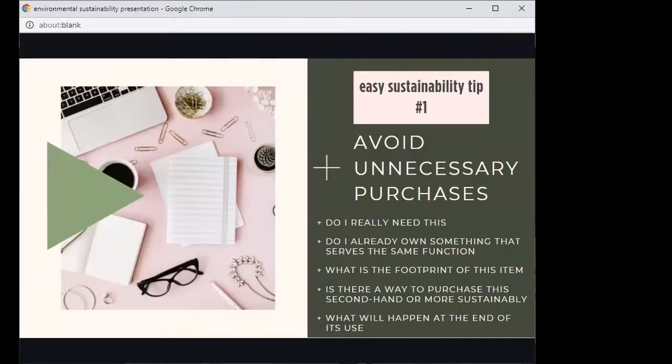And then if I do decide to buy this product, is there a way for me to purchase it secondhand, which obviously has no resource demand because it's already been created, or more sustainably? And then finally, what we want to ask ourselves is what's going to happen when we're finished with it? Is this something that we can give away? Is it going to be compostable? If you want to recycle it, is it actually going to be recycled? Is it something that you're just going to put into your recycling bin and hope for the best? Or is it something that you can guarantee is going to be recycled? So when we go through those